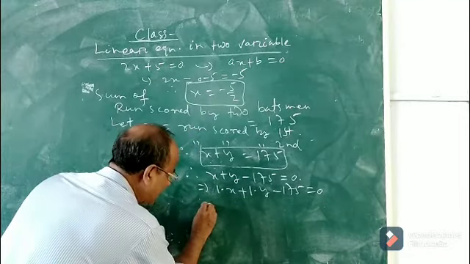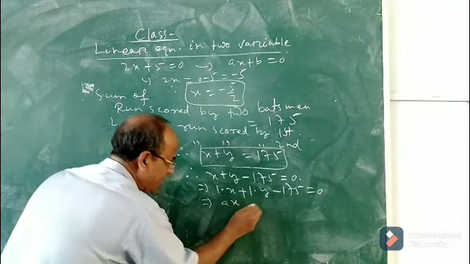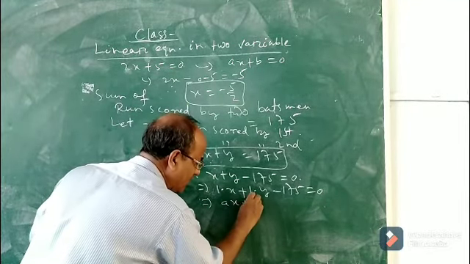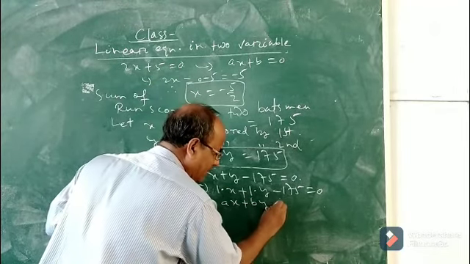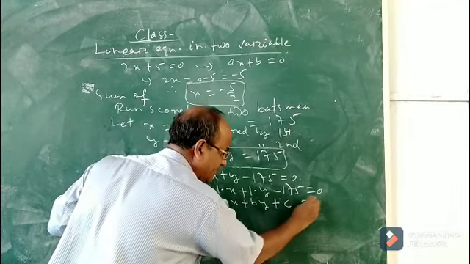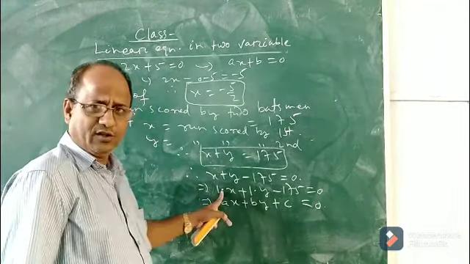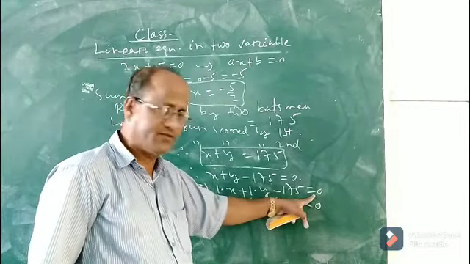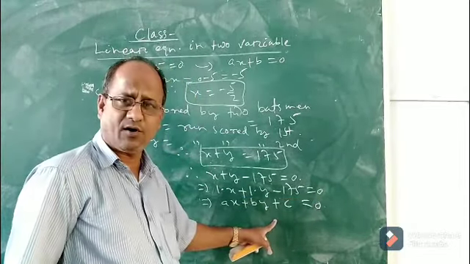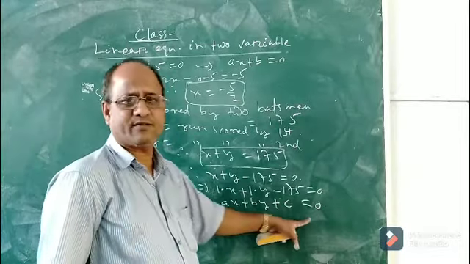Okay. In place of 1, let us take A. It will be Ax. Instead of this coefficient 1, take the symbol B. It will be By. And instead of minus 175, you take plus C. You see, so 1x plus 1y minus 175 equals 0 will be of the form ax plus by plus c equal to 0.